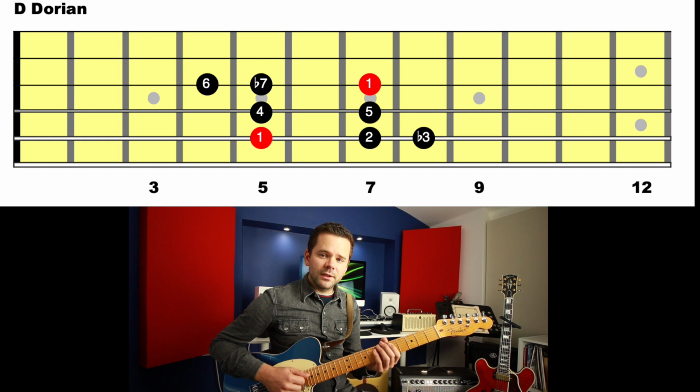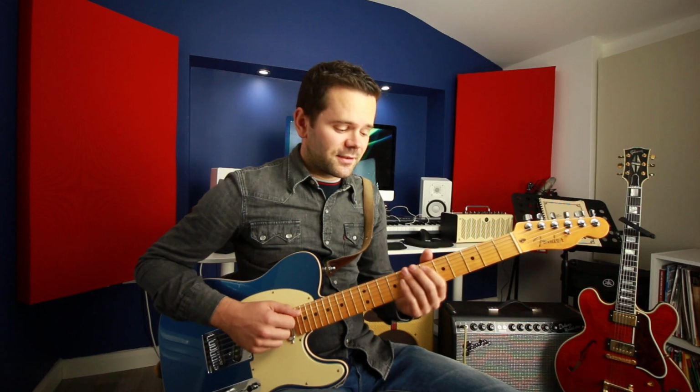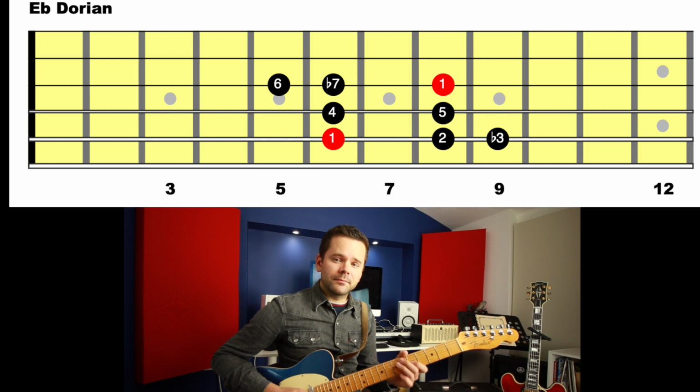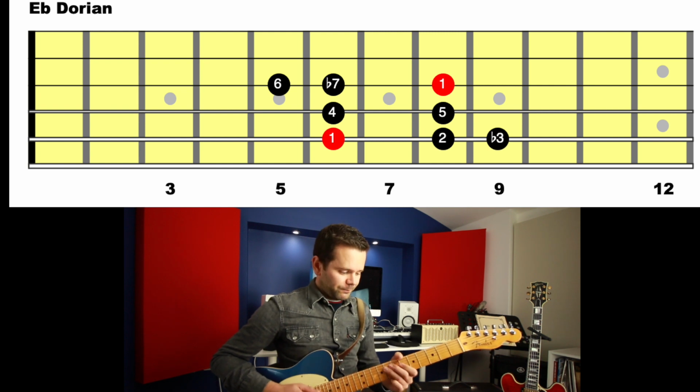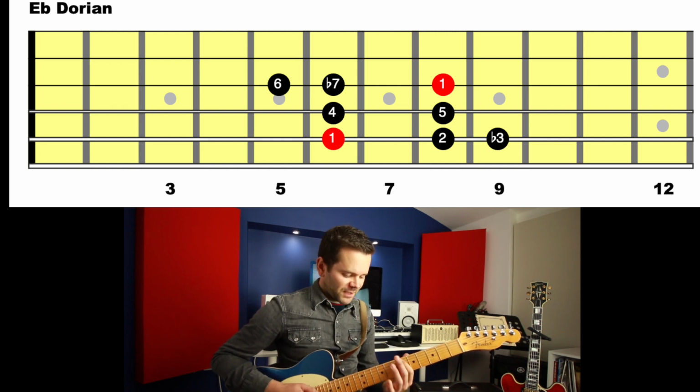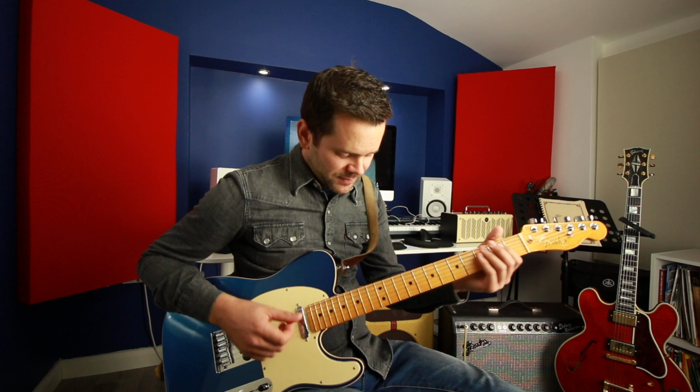So we've got D Dorian, and the character of that mode is that natural 6 there, so D, E, F, G, A, B, C, D. Move it up a semitone, E flat Dorian. The character's still in the same place, the intervals are the same, it's just everything's a fret higher, a semitone higher. And what I would do is get used to these in 1 octave positions on the neck,